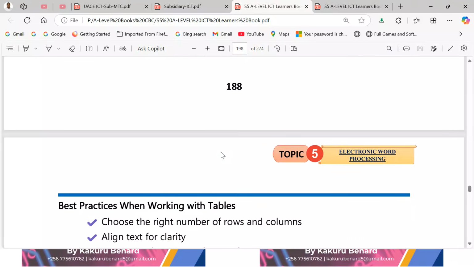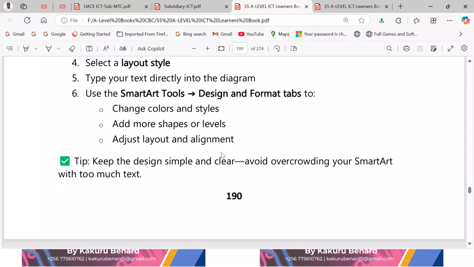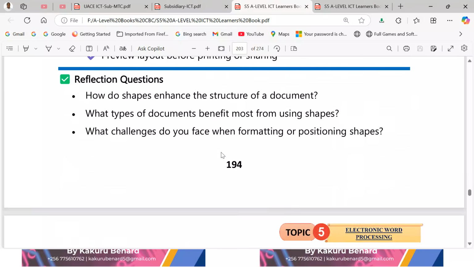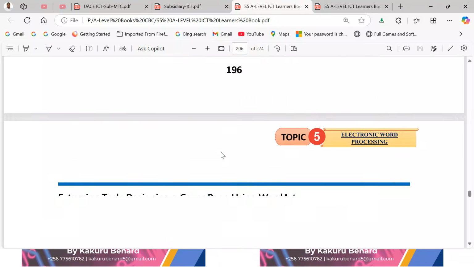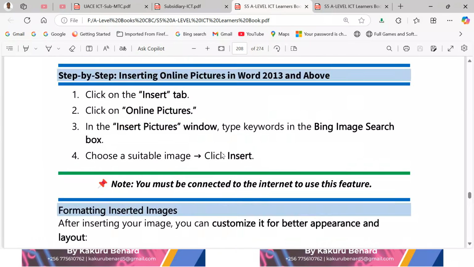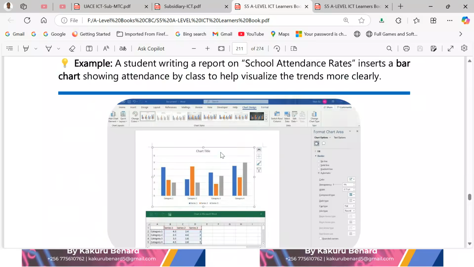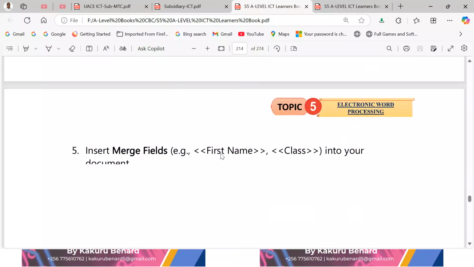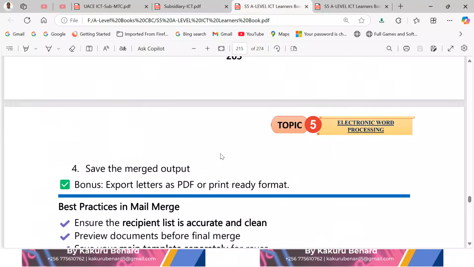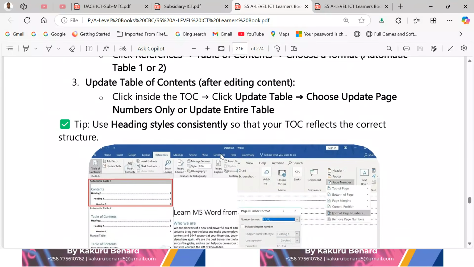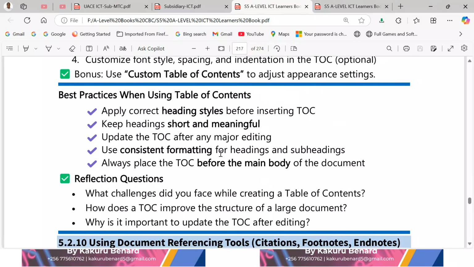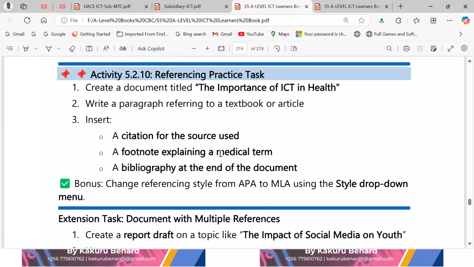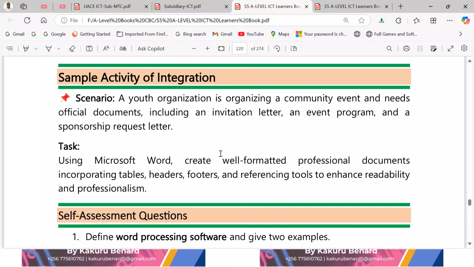So here we go. This is another topic, word processing. And then at the end of it all, we also find an activity of integration. So the book has clear illustrations. The book has easy to understand language, and every learner should be able to use it and get the skills in line with the aligned